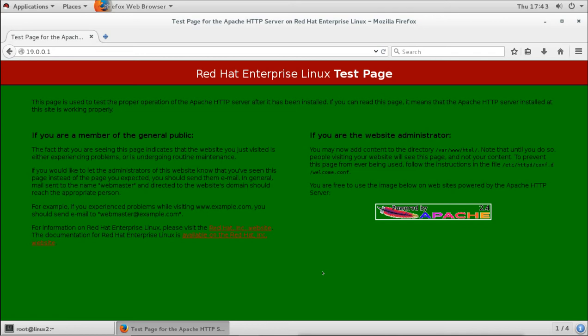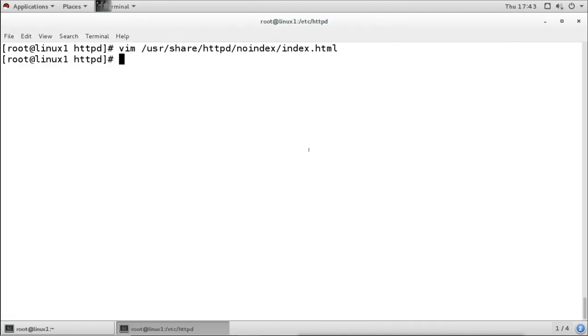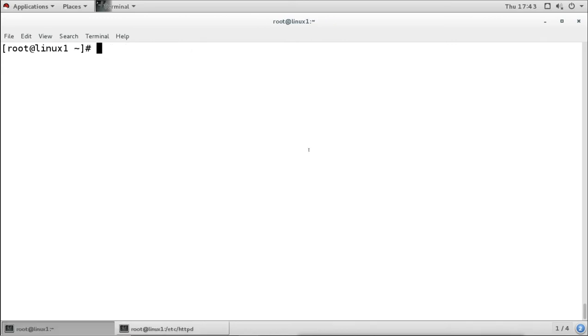So let's create the home page file in our document root directory. This file is showing here because we don't have the home page file under the document root directory.